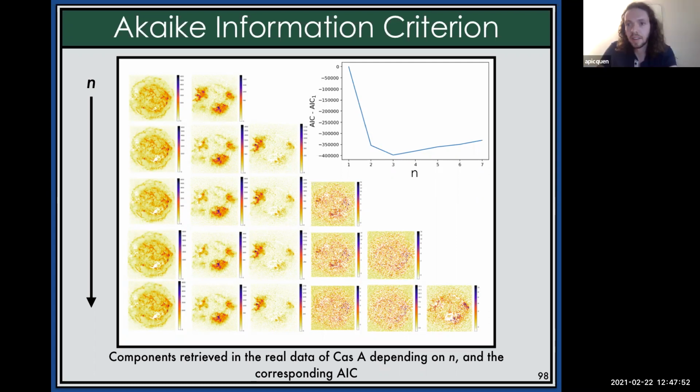Yeah, that's one of the reasons why we think that the Akaike information criterion can be useful as a figure of merit, or to compare with what we see with the naked eye, but it's still not consistent enough and interesting enough to be used automatically. Okay. So yeah, for me, it's also better to choose n equal to 4 instead of 3.